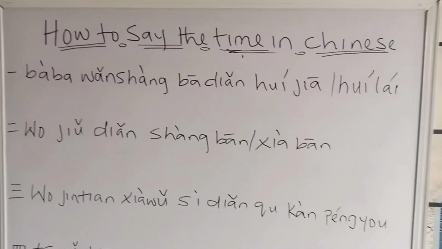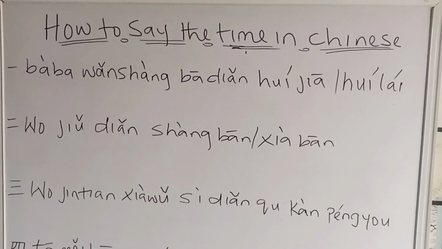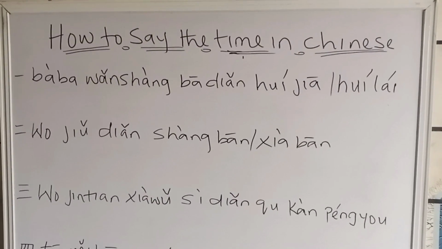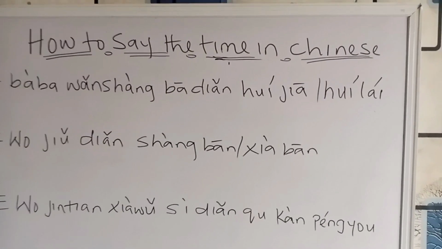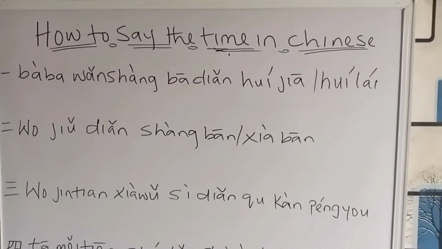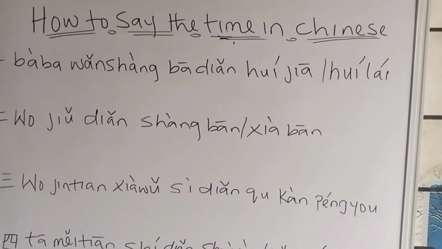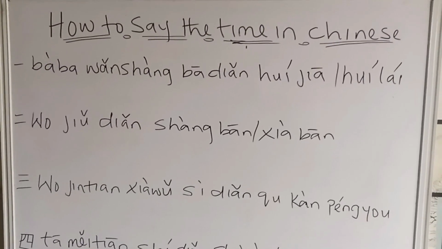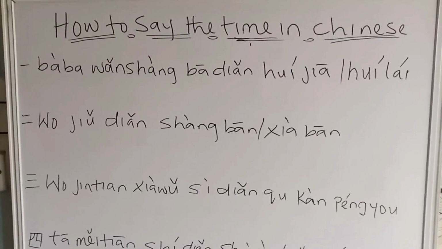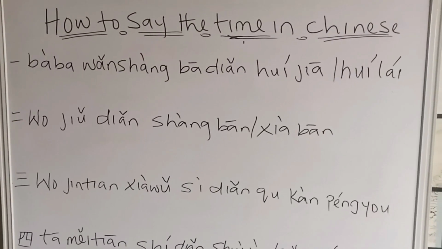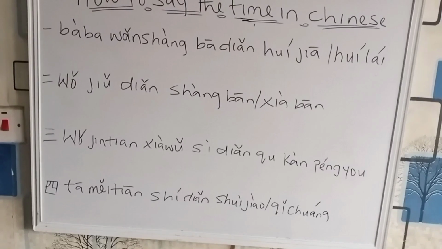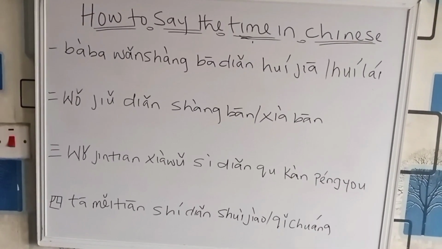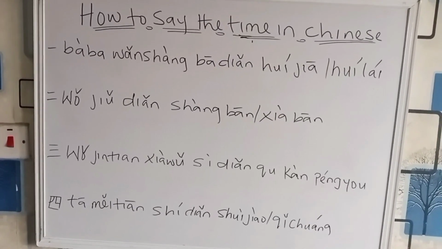回来, like maybe I went somewhere and I'm coming back. It might not be my home, but I'm returning to where I left that place from. But once you say 回家, you are going home. It is only home you are going to. I can be in my school, then from my school, I went somewhere and I'm going back to my school. I can say 回来, but 回家 is that I am going home. I am going to my house. I'm returning home. The second one there is 我9点上班, and then I wrote 下班 because I want to explain 下班